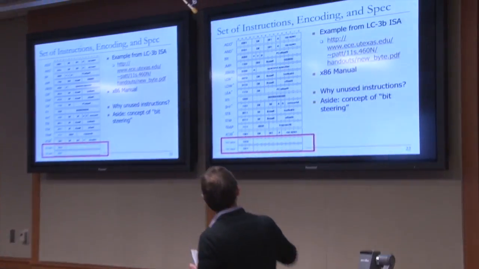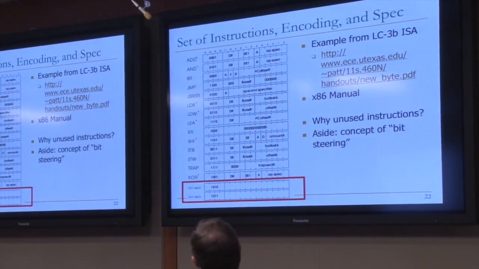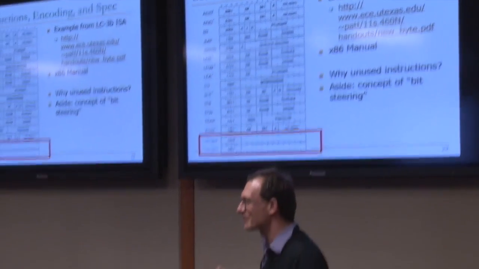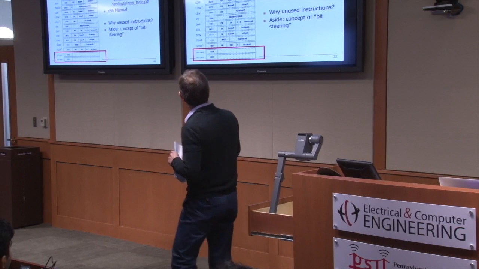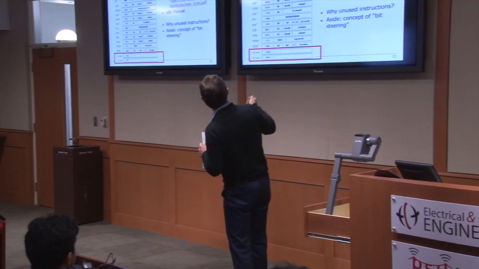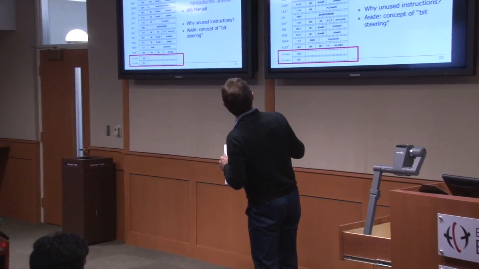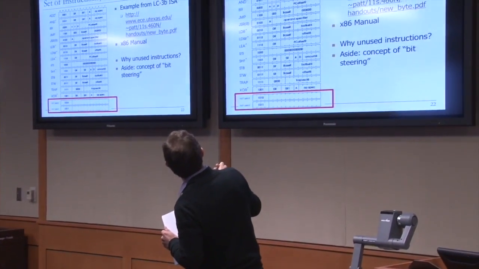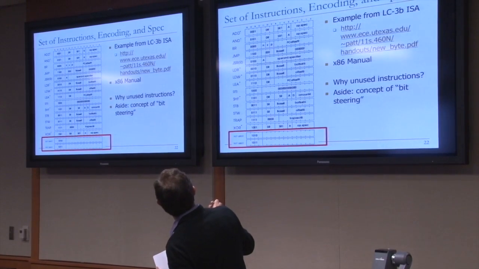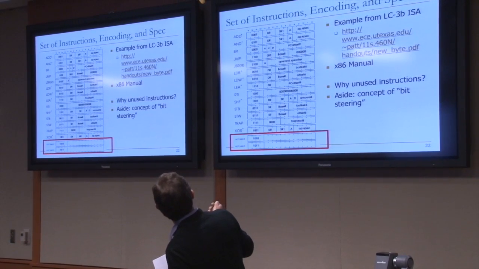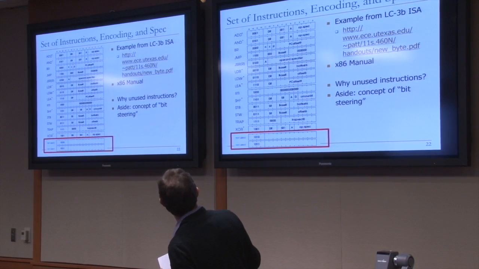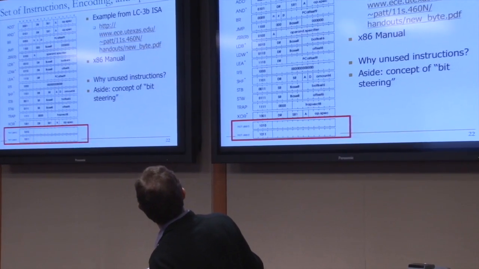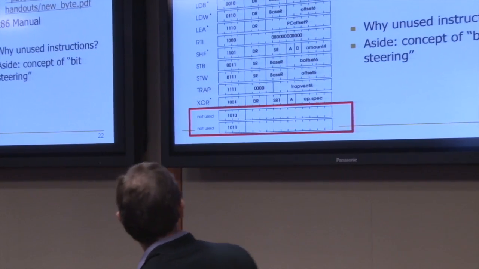Okay, there are some other things that are interesting here. Obviously, I cannot talk about everything, but there is a concept of bit steering. Does anyone know what that is? Basically, a bit in the instruction determines how the later bits are interpreted. Well, opcode is a really good example of that, right? Opcode tells you how you should really interpret the other bits. Because, for example, if you look at 0001, that's the opcode. That basically tells you the rest of the bits should be interpreted as DR, SR1, an operation specification. Whereas if your opcode is, let's see, 1000, the rest of the bits kind of don't matter, right? But there is also